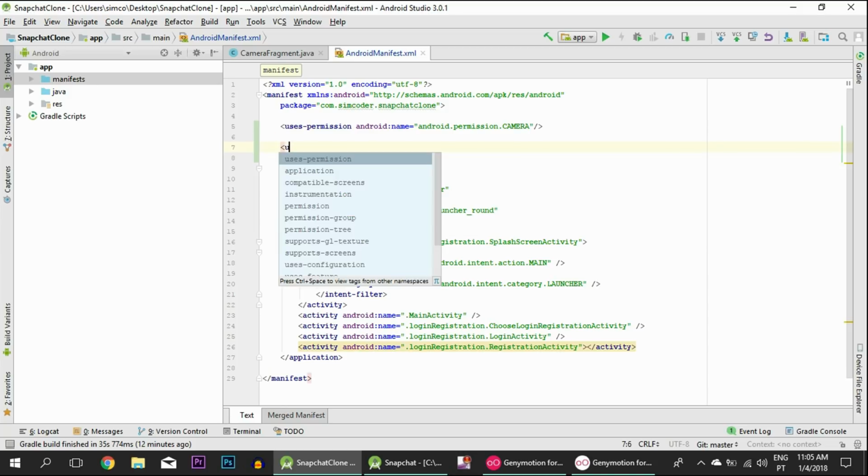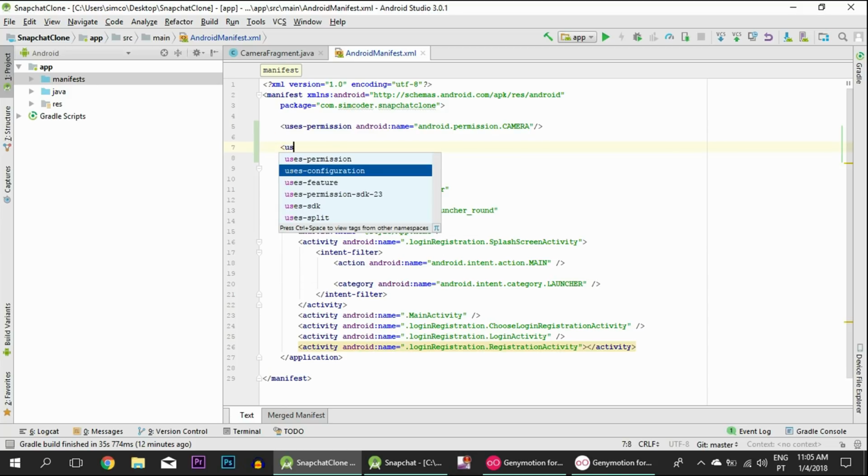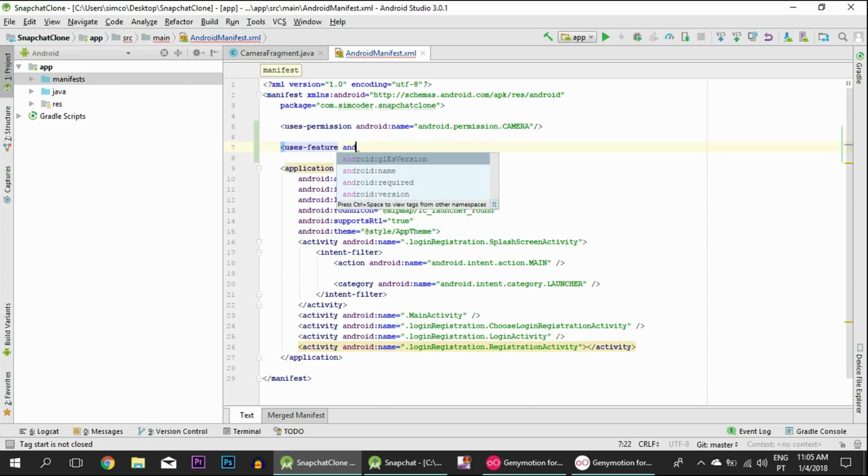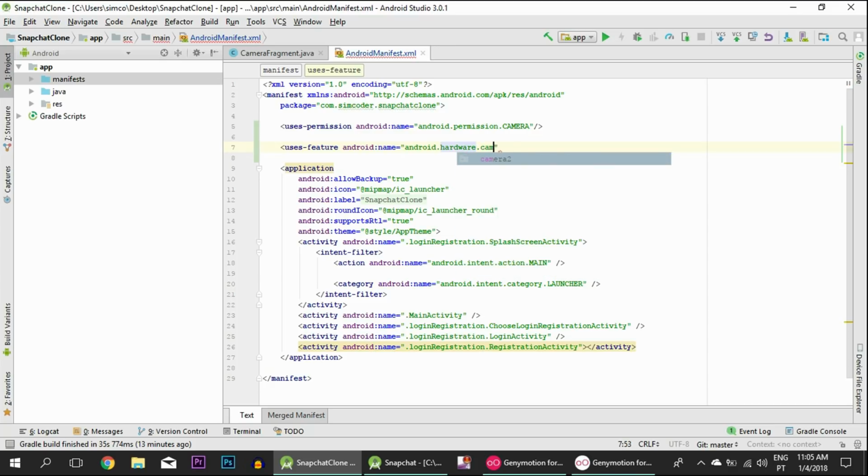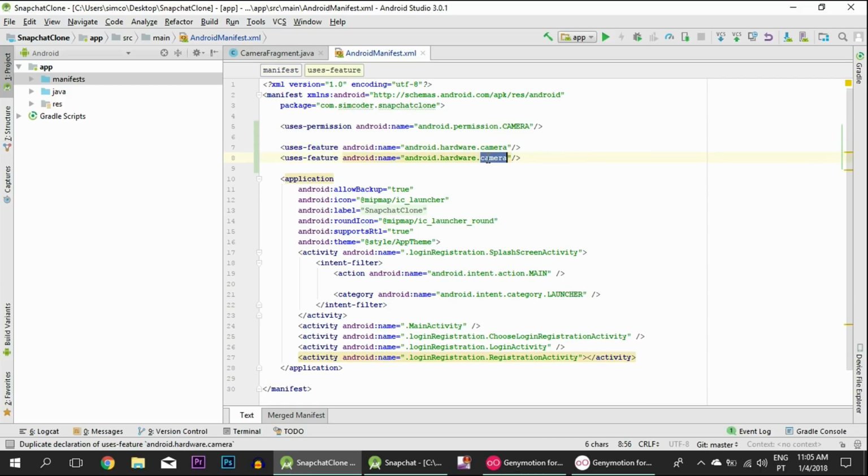And now we need a new uses-feature, android:name android.hardware.camera, and we need another one which is for the autofocus. So just copy the android.hardware.camera one and just add autofocus. Okay, that's all that we had to do, and now we are free to use the camera